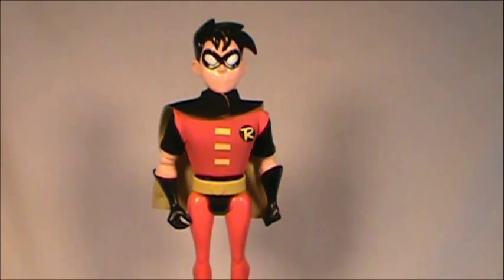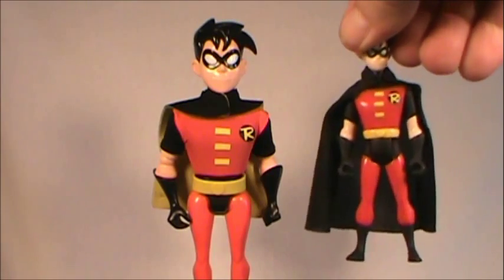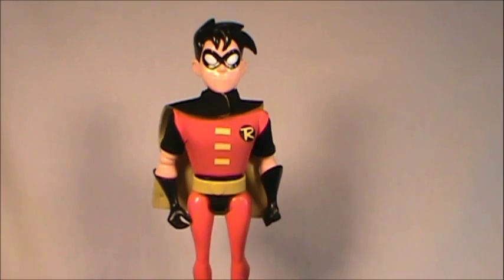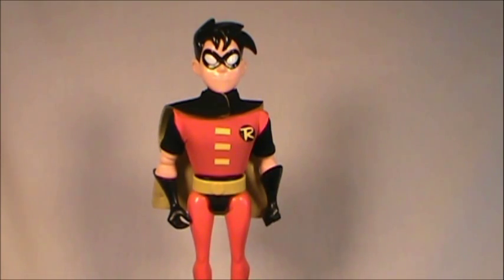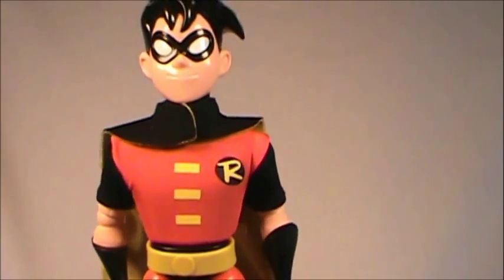So I'm glad that he does have a cloth cape here. Again, I like a longer cape. I thought a longer cape would have been better on the Robin character, but I knew they were trying to show that he was a kid, so they gave him this little Red Riding Hood type of cape, which I think is really kind of weird and a little bit hokey. Almost the same size as the Arkham City cape, but